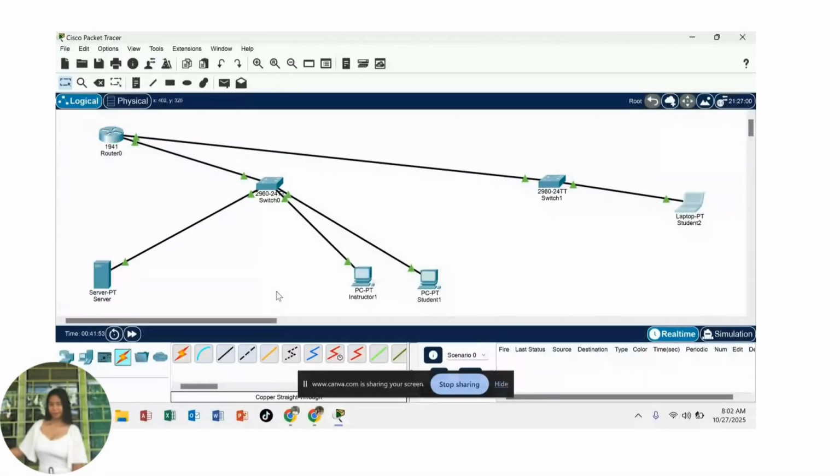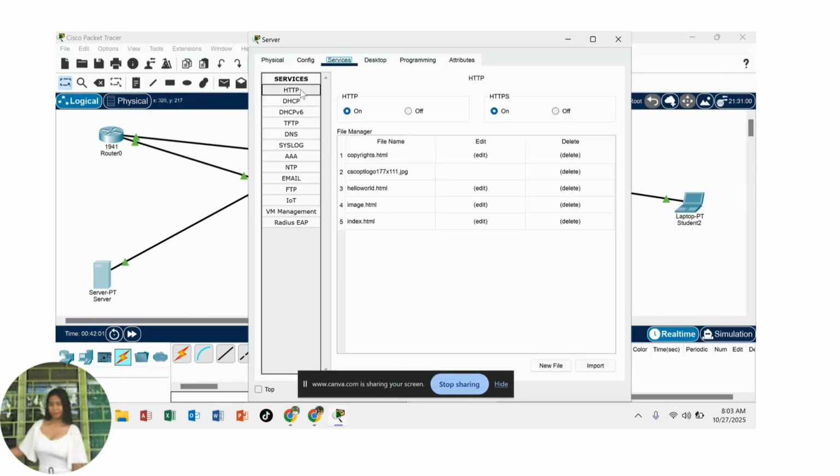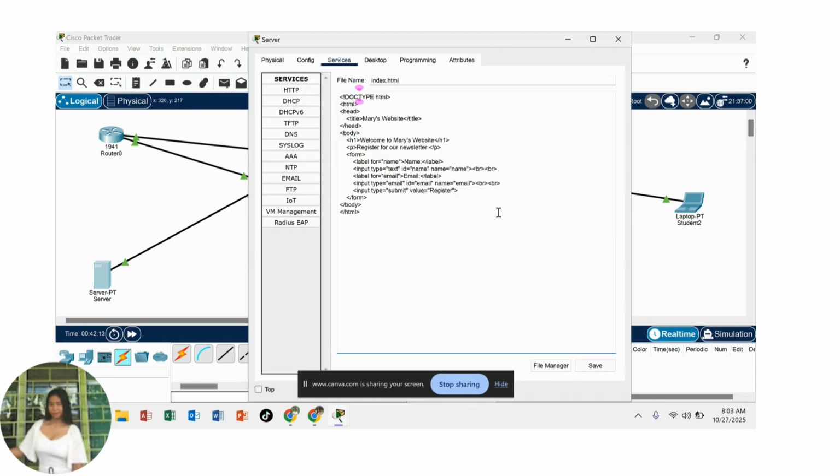So next, I'll update the index.html file of the HTTP service on the server. So yes, you should turn that on, then edit. This will be the web page that the clients can access. So I've already prepared my own code. Save. Yes. And then after,